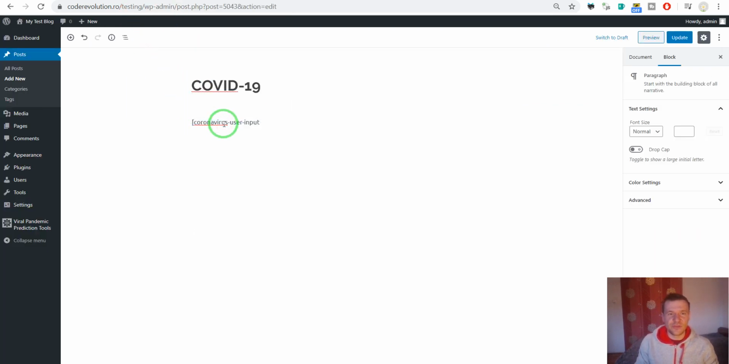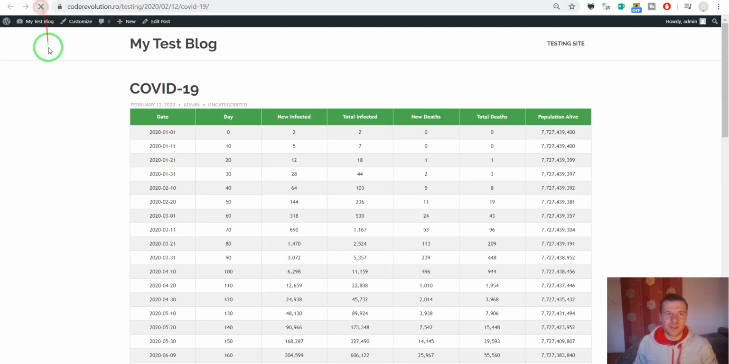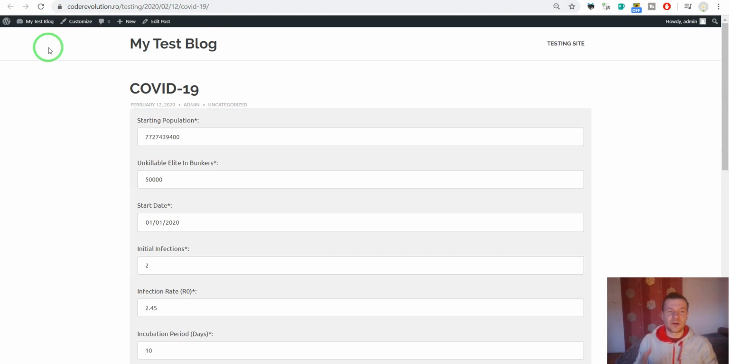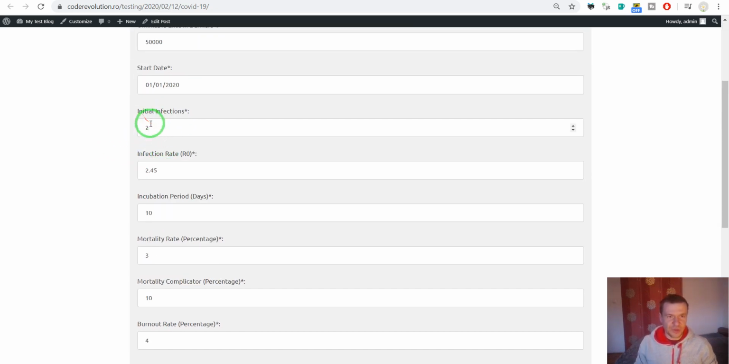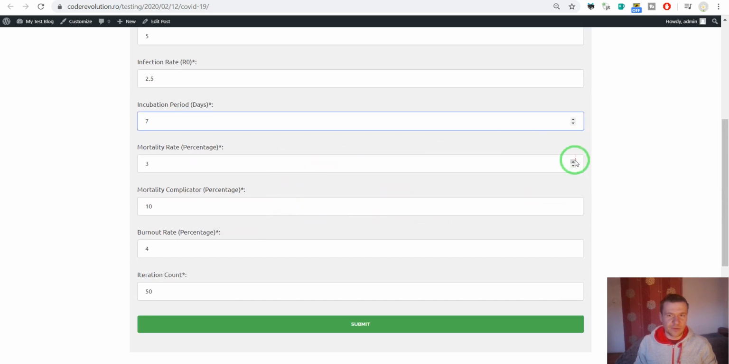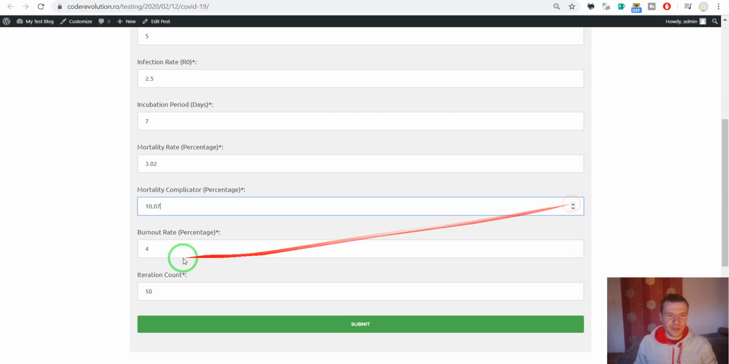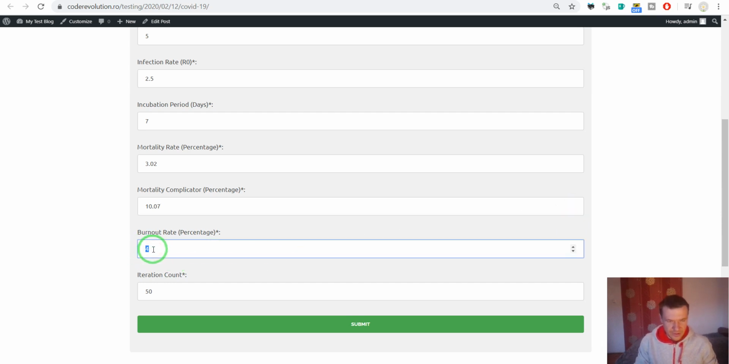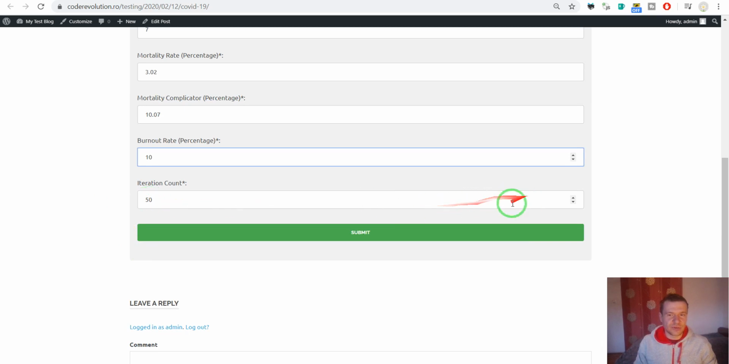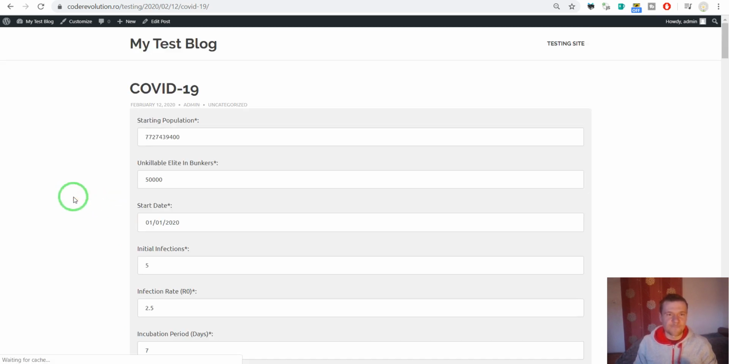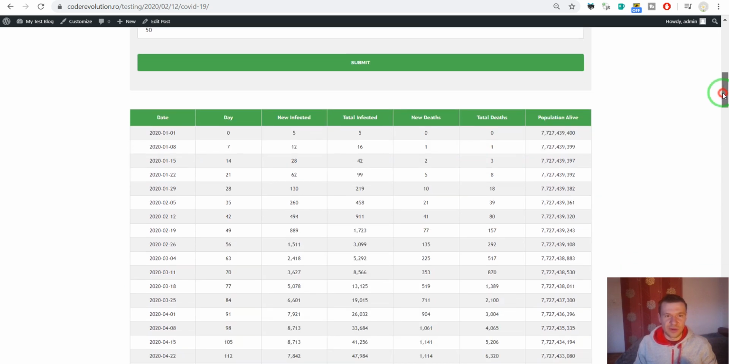So let me show you this. This is the last feature that I have to show you in this video. This will allow your visitors to input their own data and to simulate and to predict the outcome of the disease. As you can see, you can change numbers: increase infection rate, incubation time, mortality rate, mortality complicator percentage, burnout rate, let's set this to 10%, iteration count, and by clicking submit and by scrolling down, the users